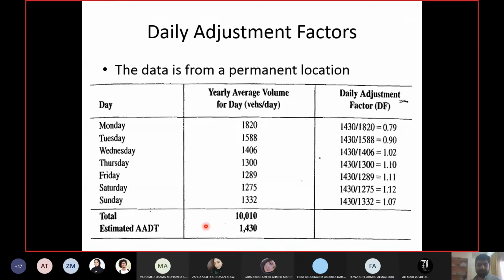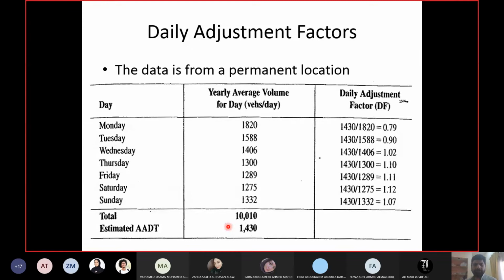Now, how did we calculate the adjustment factor? You took the average of the entire time period. So for a statewide program, what is my entire time period? The whole year. So the average of the whole year will be known as AADT, right? So first of all, calculate AADT for the entire year using the control count data, and then divide the volume taken for a day with the average. You will get the adjustment factor of that day, like we did for the previous examples.